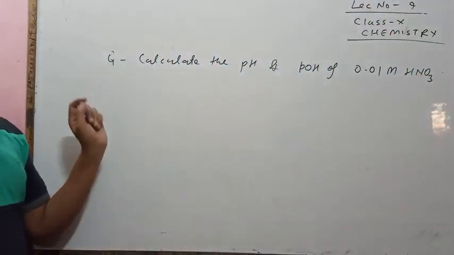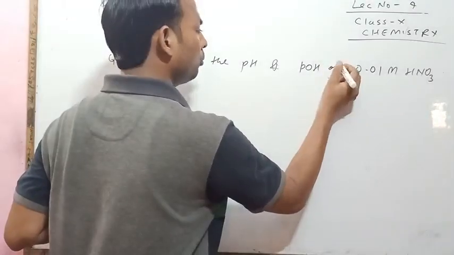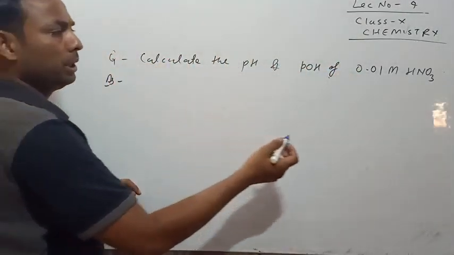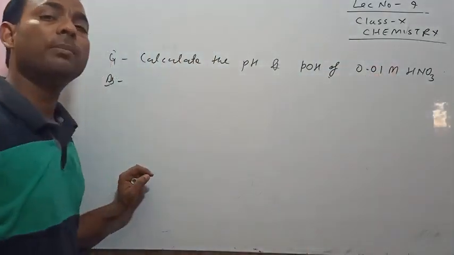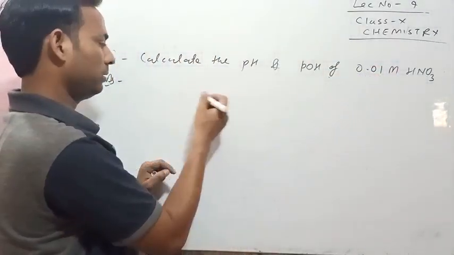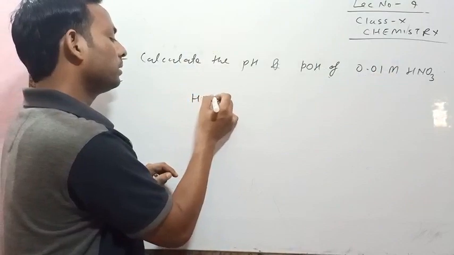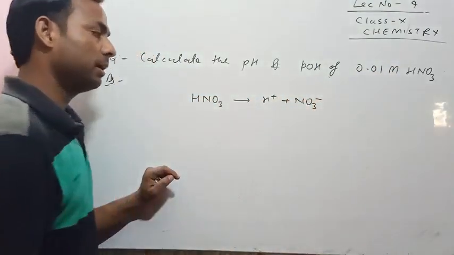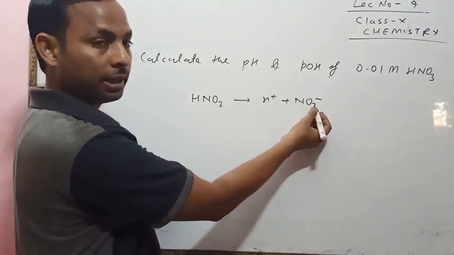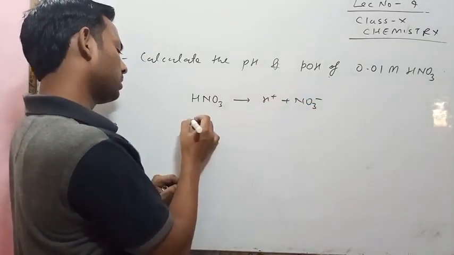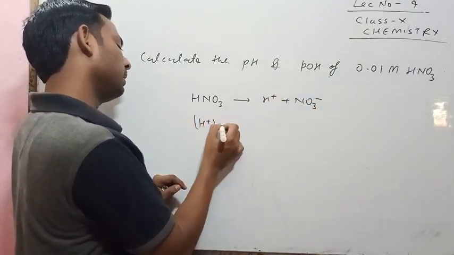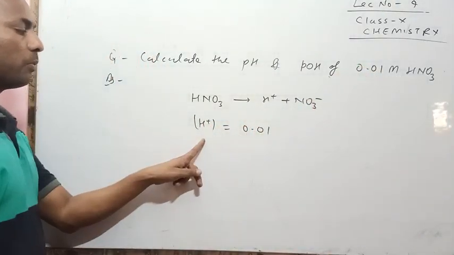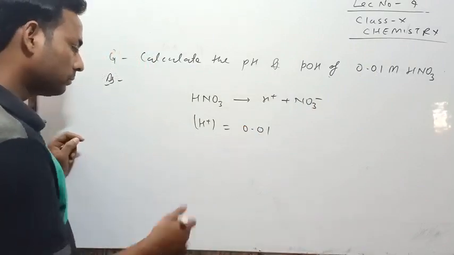So this is your simple question. But look here how to do. Really it is very simple. Now in the question, given 0.01 M HNO3 means nitric acid. Nitric acid can easily ionize and give the H plus ion and NO3 minus ion, proton and nitrate ion. So the concentration of H plus ion in the solution is 0.01, already given. So this is your value of H plus ion.